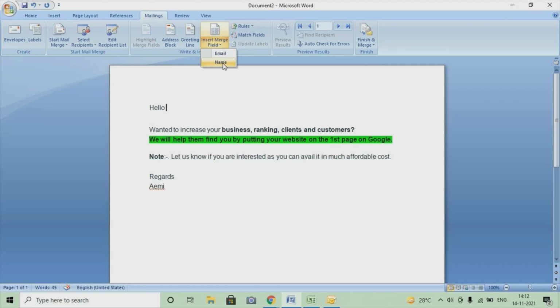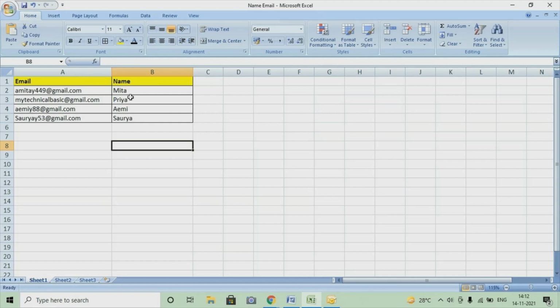It will directly fetch each name which is mentioned here with its mail ID. While sending the mail, it will fetch the names which are just beside it. So this is how you have to put it. And if you want to mention other data here, some other information which varies for each email, you can make another column, and wherever you want you can put the cursor and select the field. As you can see, I only need two things, one is email and one is name. The name I have already mentioned here.